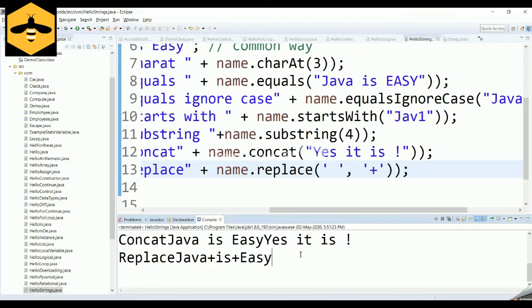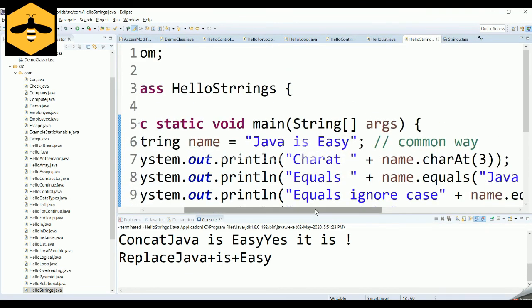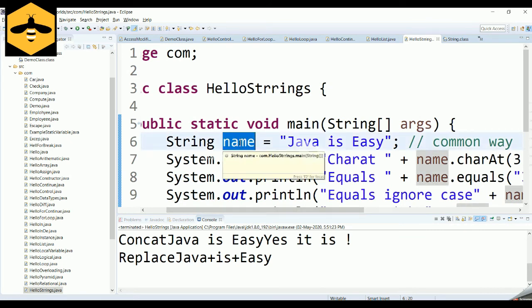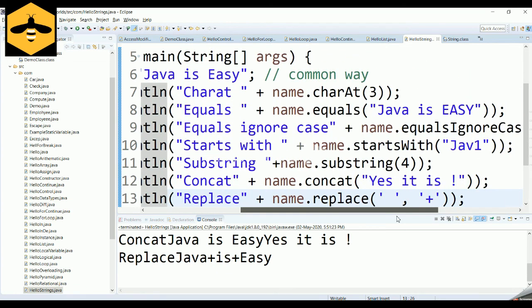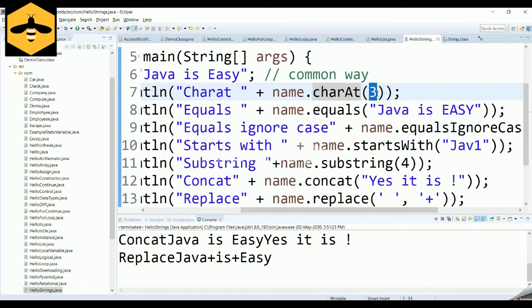To reiterate what we have seen in this video, we have seen the reference data types available in Java, and string is one of the reference data types. There are two ways by which you can create a string: by making use of the string literal or by making use of the new keyword. And there are various inbuilt functions provided by the string, which help us perform various kinds of operations. We have seen some of the basic and most common functions, like the charAt function, which helps to find the character at a specific index,